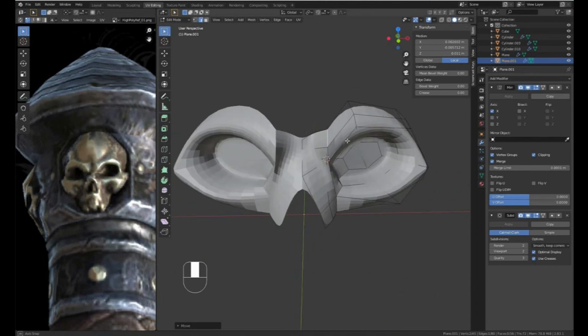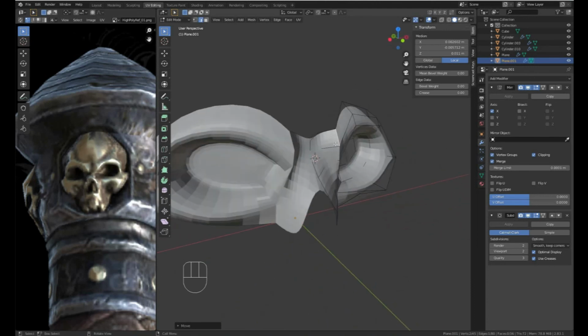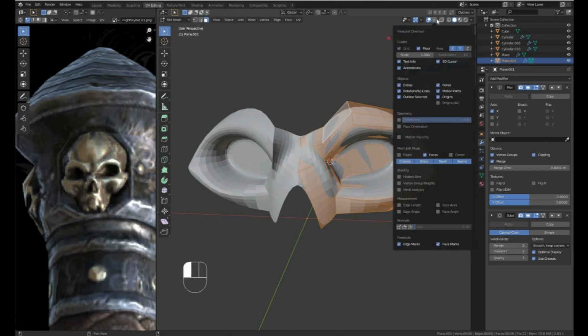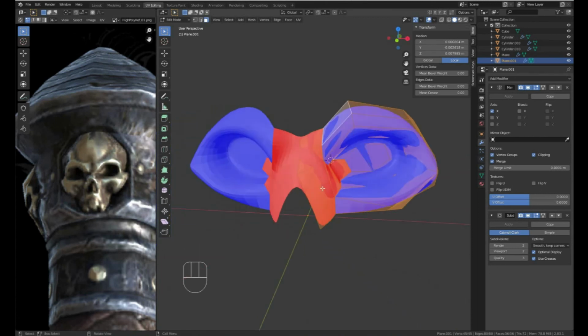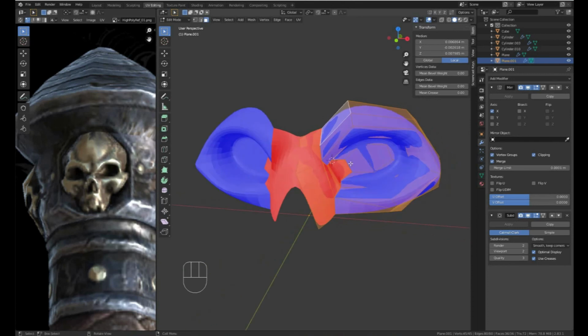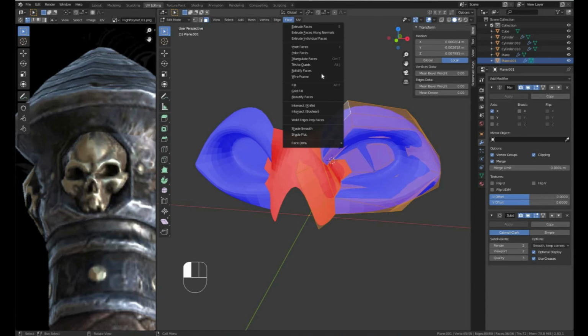Something you'll notice to do with the normals of the object. So I'm getting a bit of a definite edge along here. That can mean a few things, but usually it means the normals are not in a unified direction. So again, to show the viewport normals, we go to viewport overlays and face orientation. We can see that the red faces are pointing a different direction to the blue ones. So to fix that, we go to face,